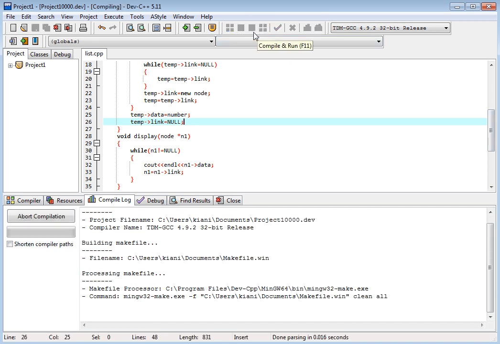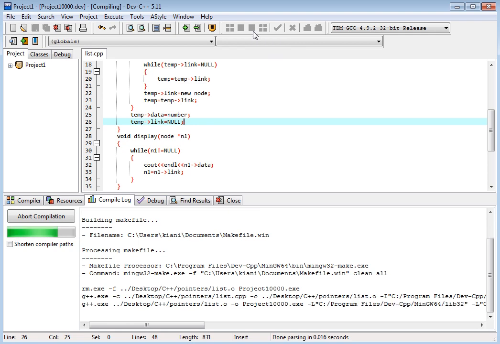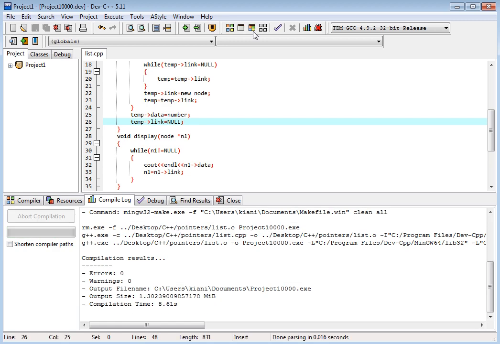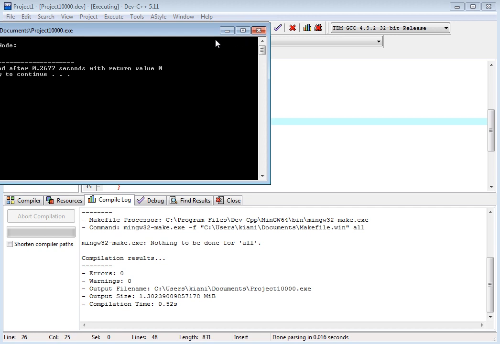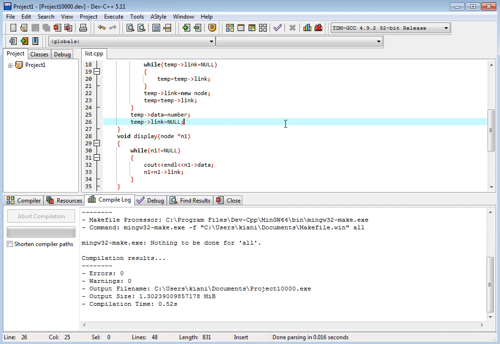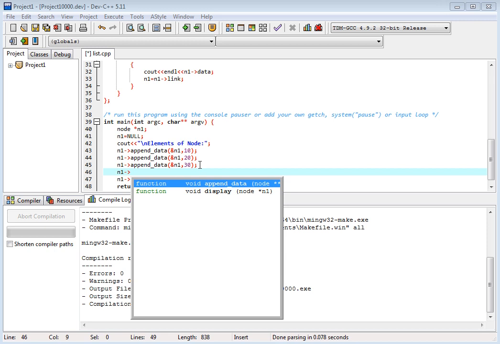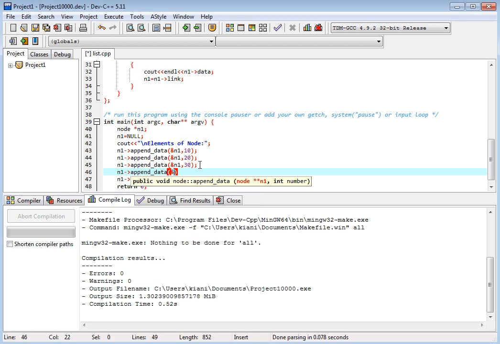Let's close this and 30. Let's remove append one more N1, and we have append data and N1 and 40.